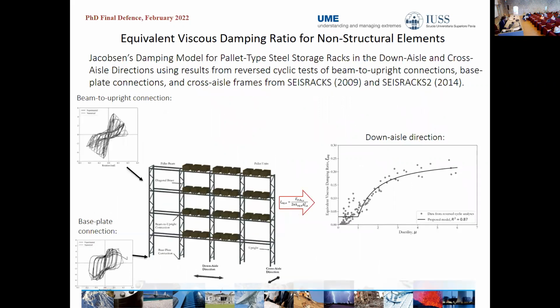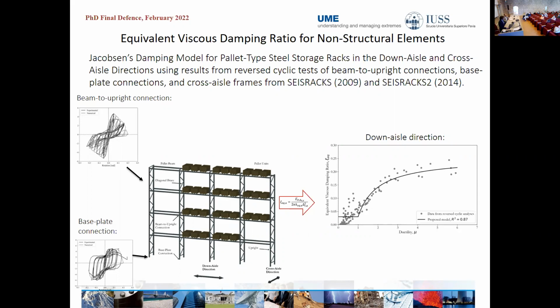We performed the same procedure for pallet type steel storage racks. We did this both in the down aisle and in the cross aisle directions. In the down aisle direction, we used results from reverse cyclic tests of beam to upright connections and base plate connections, and in the cross aisle, cross aisle frames, with results taken from the projects Seisracks and Seisracks 2. Because of time constraints, I will only show the results for the down aisle